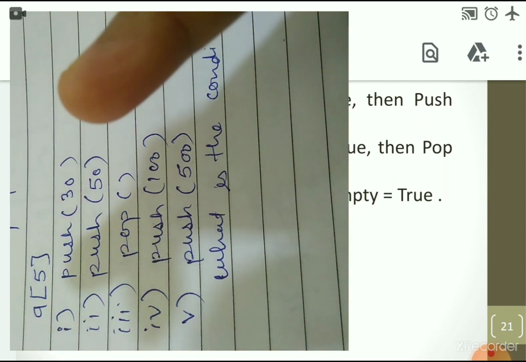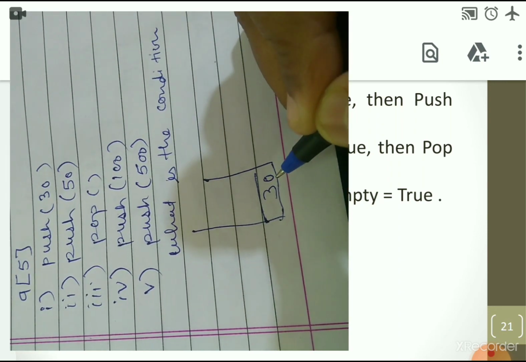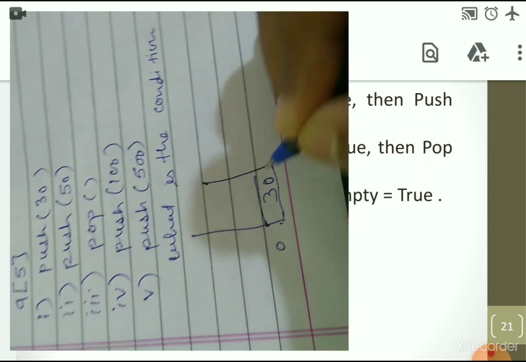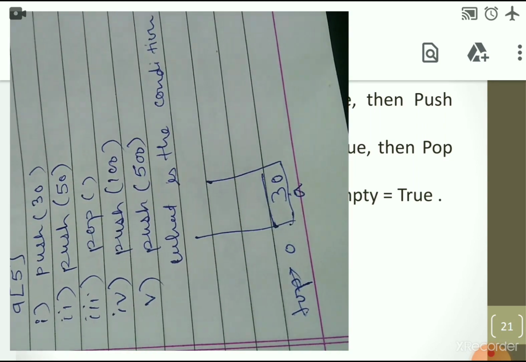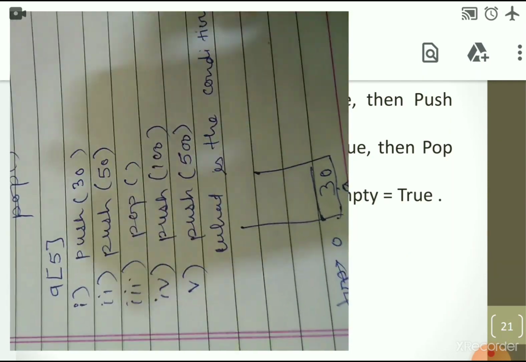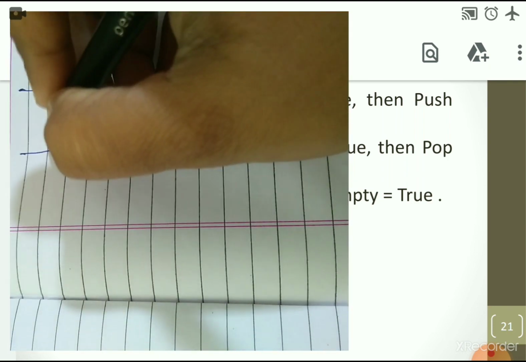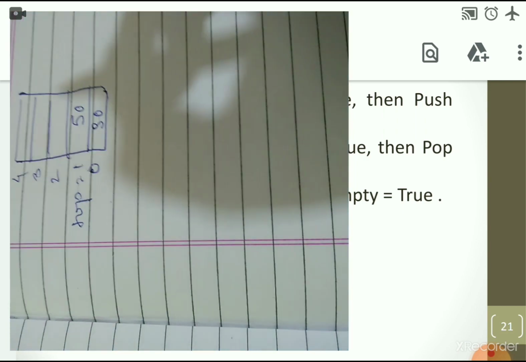So when you say it is push 30, that means you have to show the blank array. The 30 is the element which we have pushed into the stack and its place is 0. So this is the top, you have to mark the top also. This is the 30, this is the total array. Only one element we have inserted, that is 30. For the next operation push 50, after that 30 you have to push the second element. So you can directly represent the stack like this also, 0 1 2 3 and 4. We have inserted 30, next we have to insert the 50. So 50 is inserted, top is at 1 now. Okay, now next operation pop.